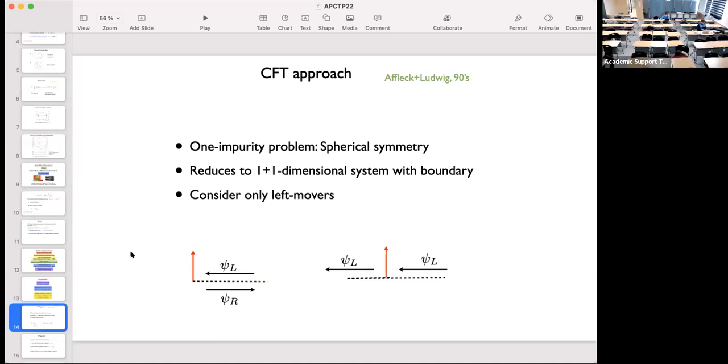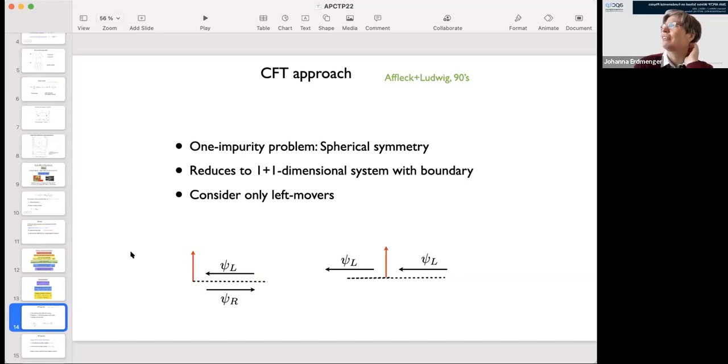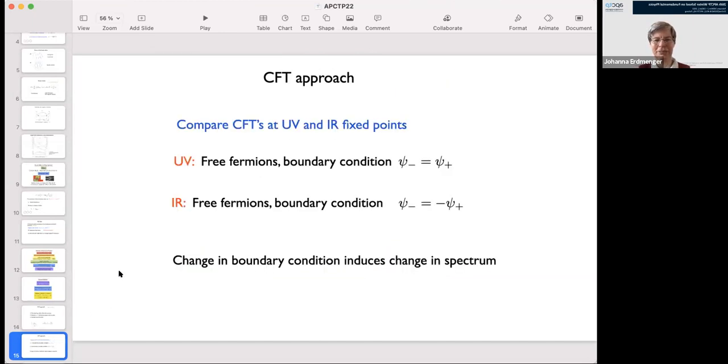I'm just wondering, if we have this phenomenon of a change in the boundary condition, what should we see at the hadron scale? You're asking, if we had the fixed point, what should we see for the hadrons? Yeah, very good question. So maybe let me just say what we see here, and then we can think about what we would see for the hadron spectrum. Let me just quickly say what we see for the Kondo model.